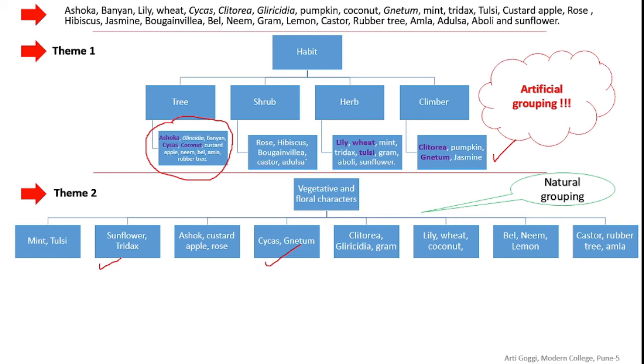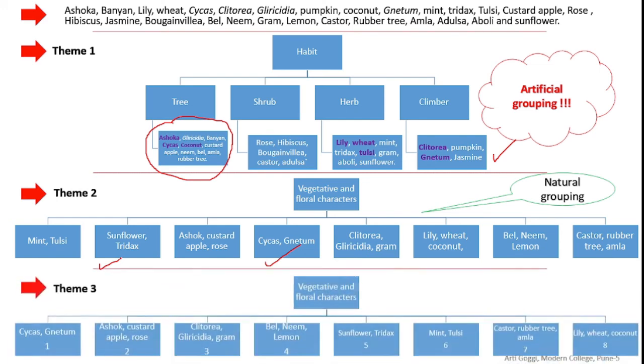So I have moved from the artificial system of classification to the natural system of classification. Now I want to go ahead and arrange these groups, and for that purpose I will use the evolutionary concept. I will consider some assumptions, and based on these assumptions I will arrange these groups as per their evolution. So here I am bringing in the phylogeny concept. I want to reorganize these groups based on their evolutionary pattern.